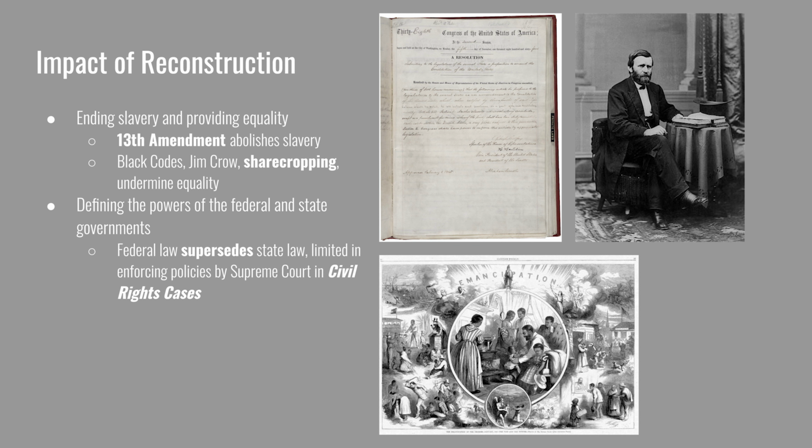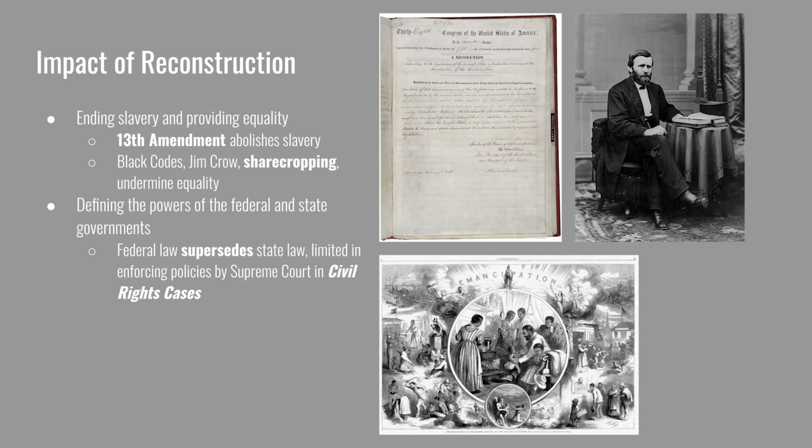The federal government ended slavery and provided equality through the 13th Amendment. This can be categorized as the most important because it took away the issue that initially caused the war. There's an argument to be made that it could be ranked lower, though. Although the government abolished slavery, southern states undermined the equality as they passed Black Codes and Jim Crow laws to try and limit that equality. New economic labor systems like sharecropping and tenant farming arose in the South that kept formerly enslaved people working for their former enslavers.